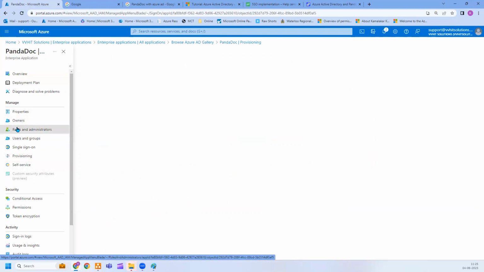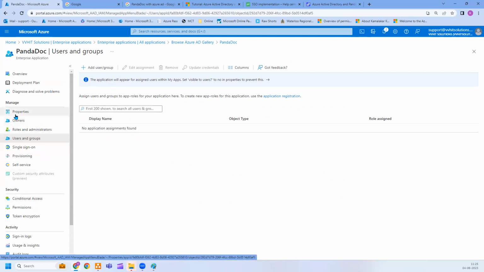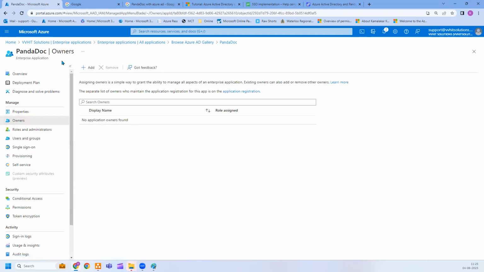When you say roles and users and groups, whatever users or groups you are adding, they can access this application. So you can configure accordingly. You can also add owners so that they can add users to the group, and they can remove them whenever required. So this is how we add, and as an Azure AD administrator, you might be getting a request